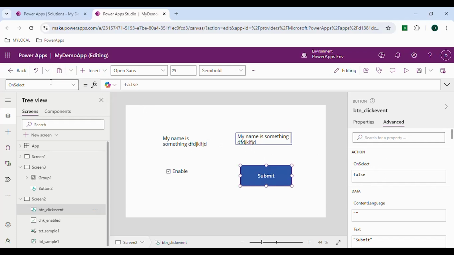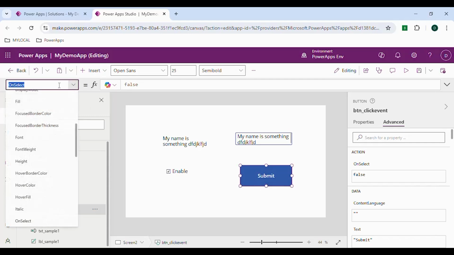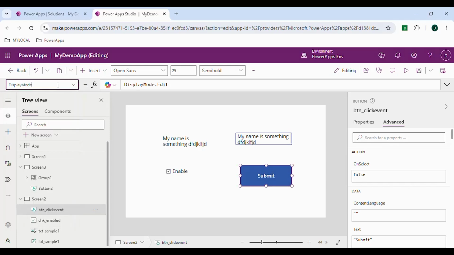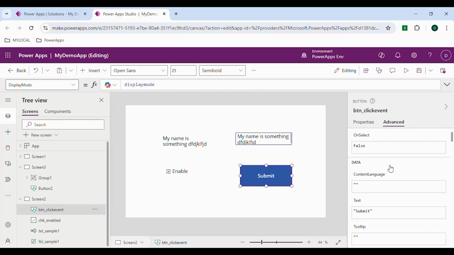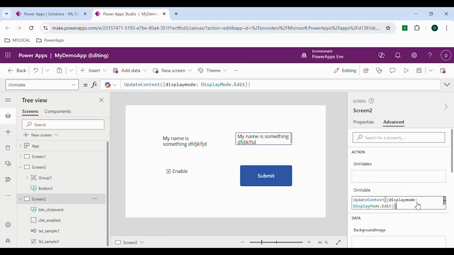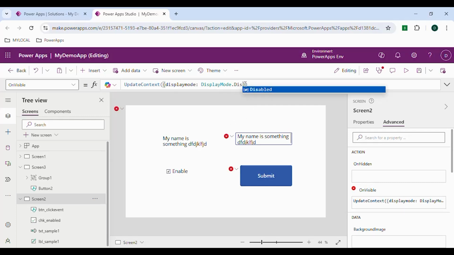For example, let me go to the button property, DisplayMode. I want to use the variable which I created previously. And in the OnSelect of the select screen I will change it to disabled. If I update this one,